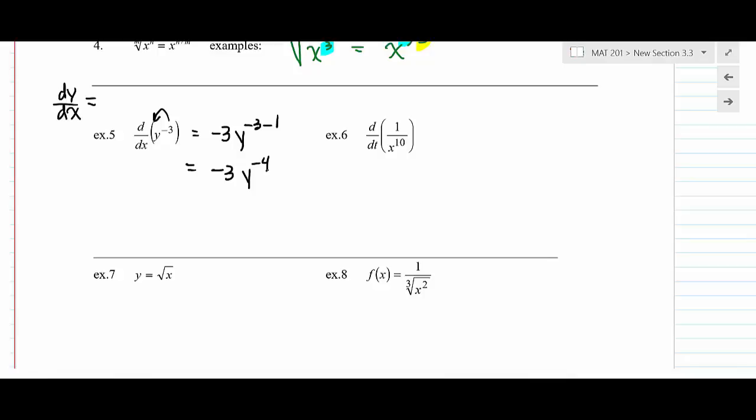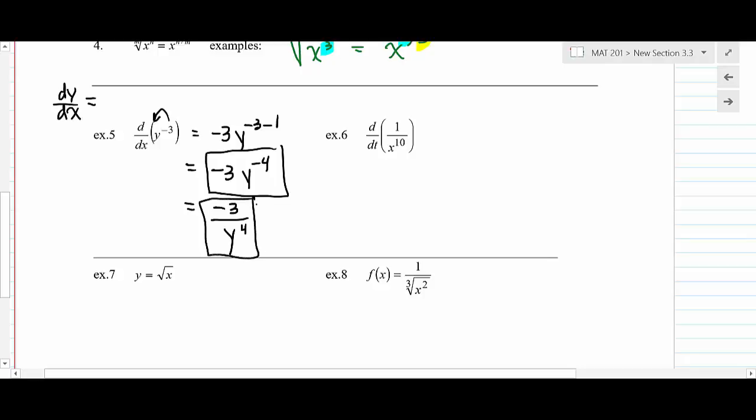Now, you could write the answer that way. You also want to know that you could also do this. If you bring this y to the 4th down, what happens to its exponent? It becomes positive. So you want to know that as well. Okay? Either answer is okay. It depends on the situation as to what you do with that. Okay, now the next one, the thing on this is you want to make sure that you don't do this